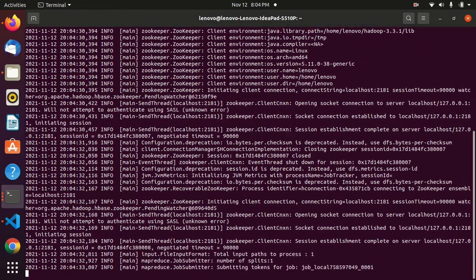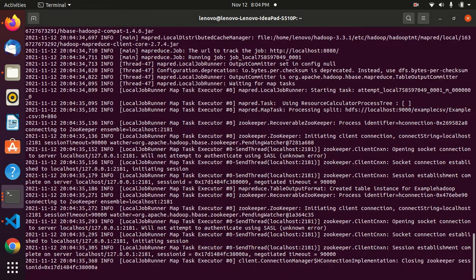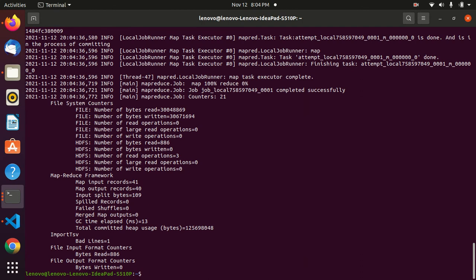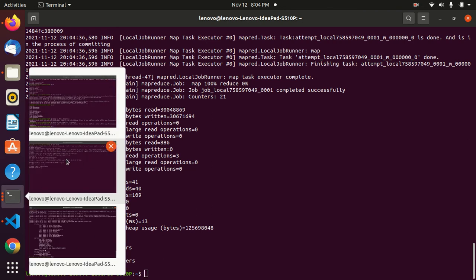Let's wait for a second to get the execution done. One bad line is mentioned, okay. So let's see what the data is, whether the table has been created or not.